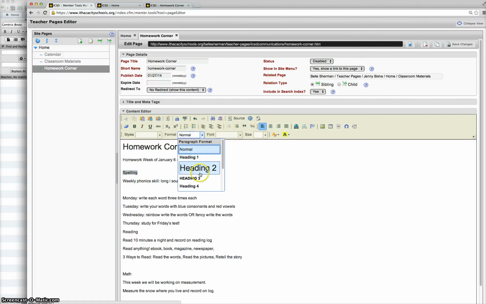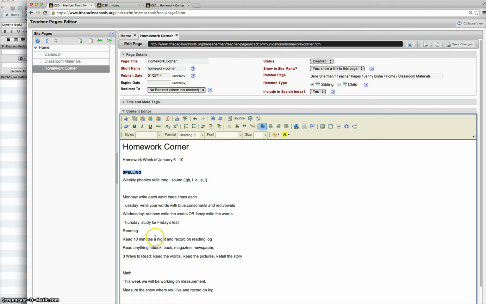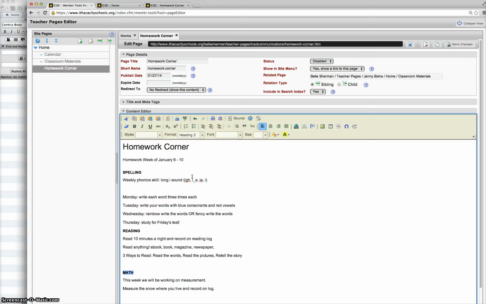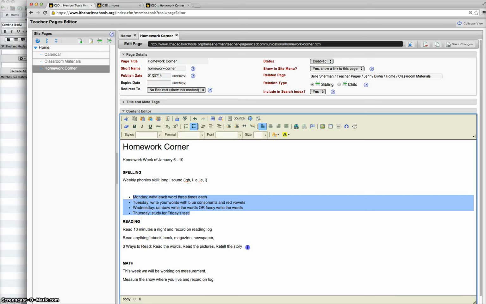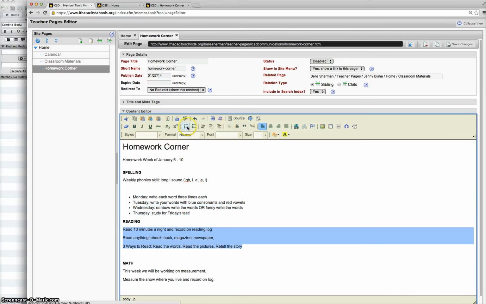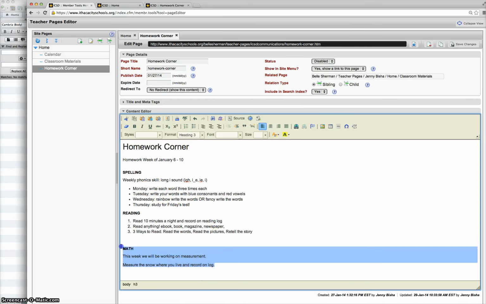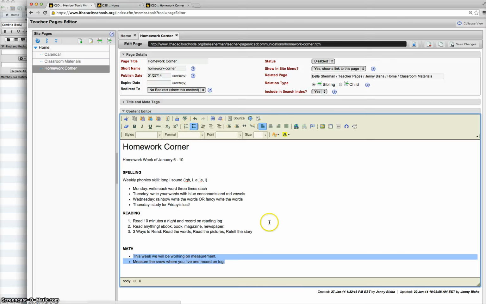Again, here is another subheading, so I'll format it correctly, and another subheading, and another. And you can play around and get more familiar with different elements that you can use within the CMS. For example, I can create bullets under different headings. I can create numbers and format it however I need to for my particular page. But try to be consistent with the things that you build. Okay, I'm going to save these changes,